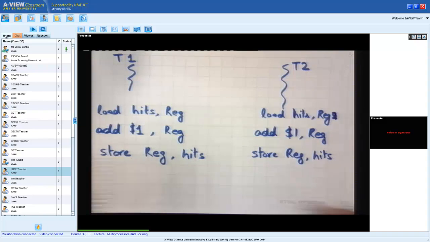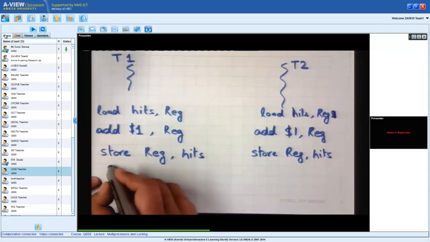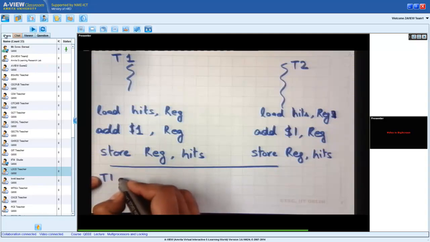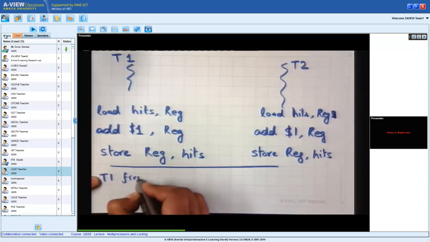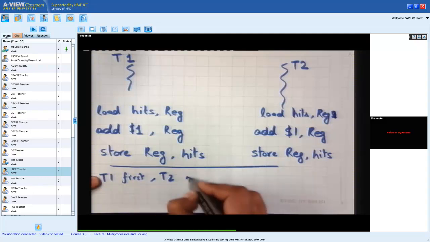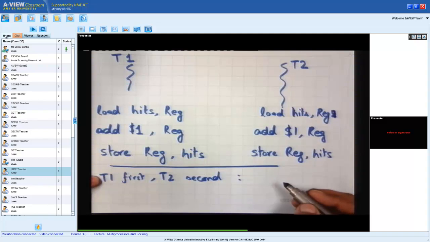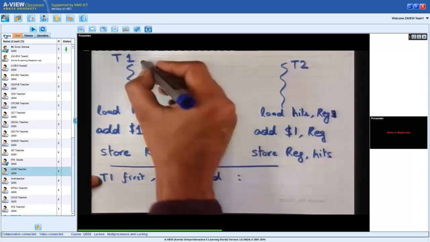Now once again, if you run T1 first and T2 second, what is the final value of hits? Let's say initially the value was 0.